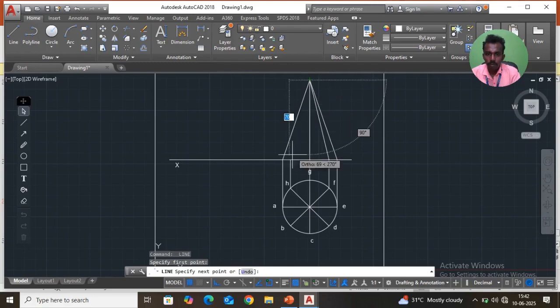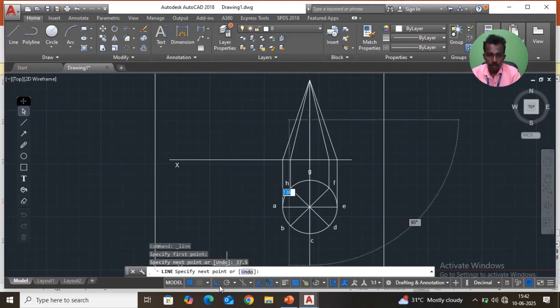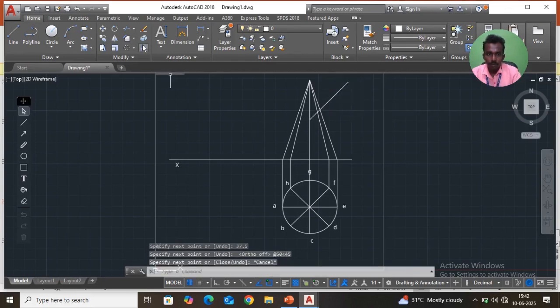Top to 37.5, that is a midpoint, so 37.5, enter. Then ortho off, shift at approximate distance, I will give 50, angle 45. Then using extend option, extend, select the two lines, enter, then select the extend line. Okay,